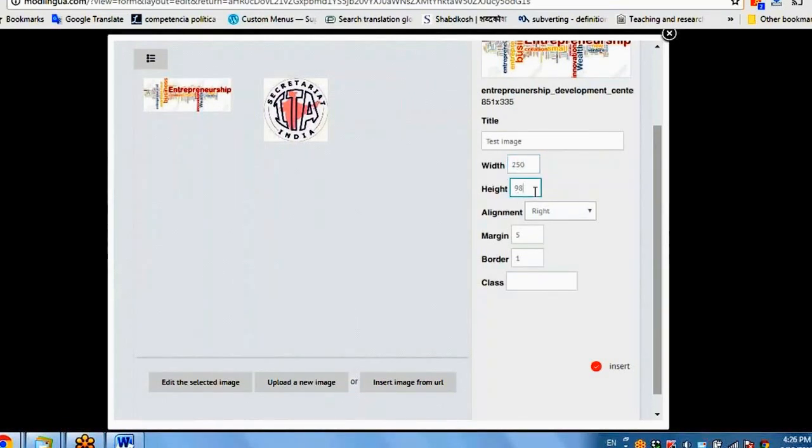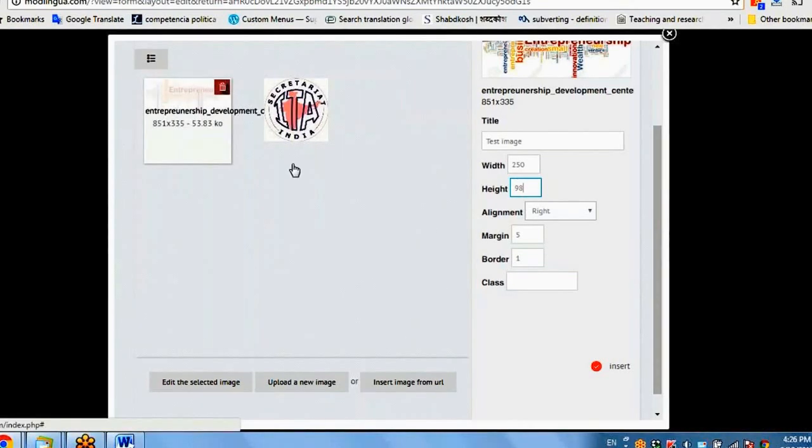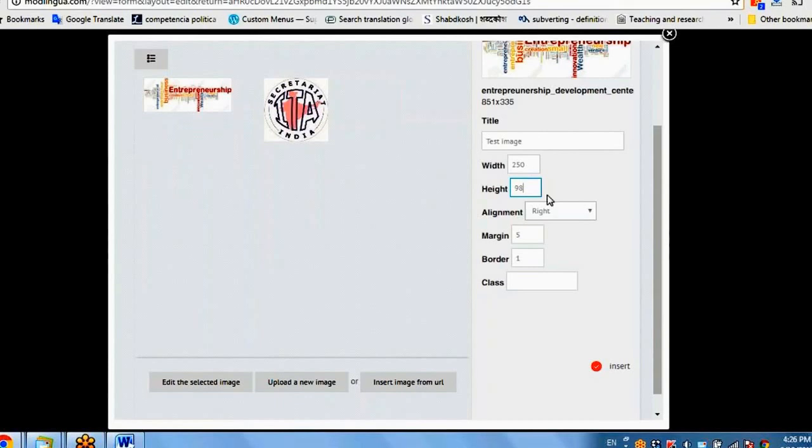So you have to do it in advance. I mean, play with images before you upload it. So decide which size of image you want to insert. Otherwise, you will run into trouble the way I am running into trouble. I am not able to make it 250 or 98 because it is a lengthy one. So it decreases proportionally by itself. If I decrease, let's say, to 200,